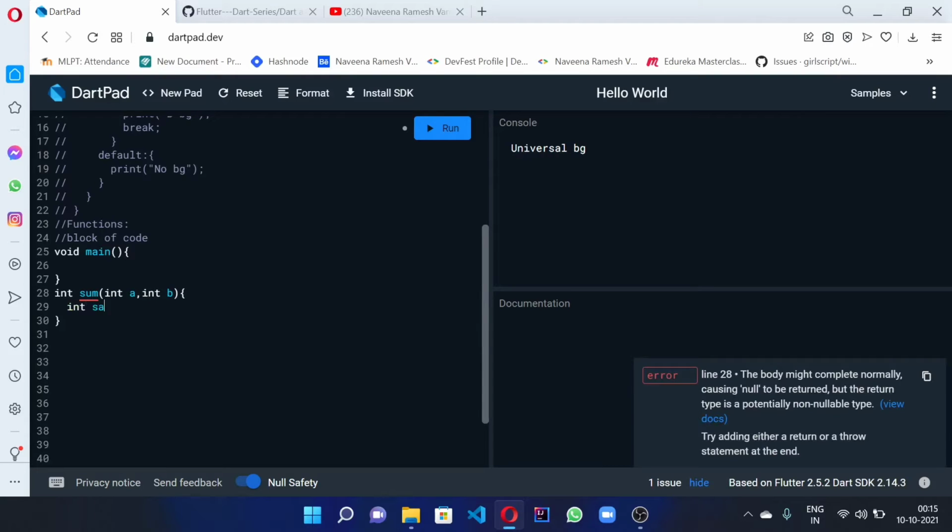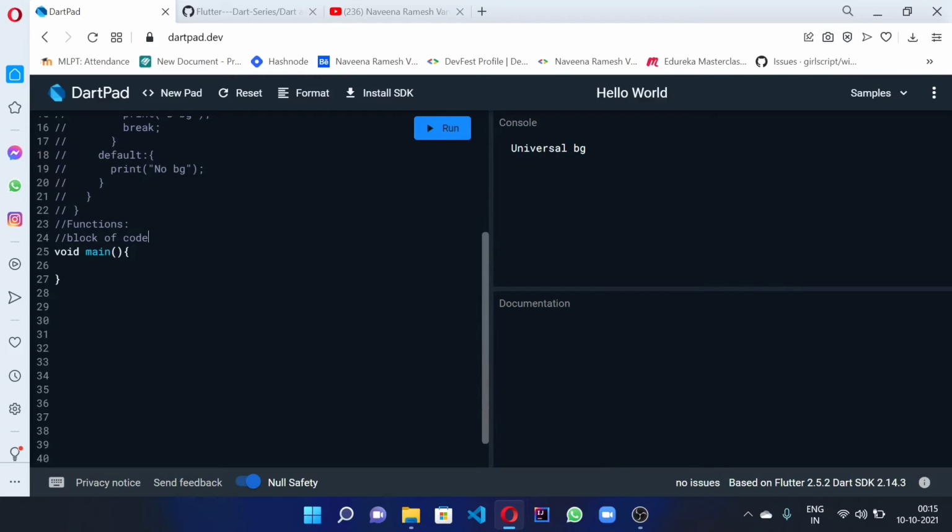Now int add, add is equal to a plus b. We'll print the add. Why does it show an error? We have to define this above the main function.